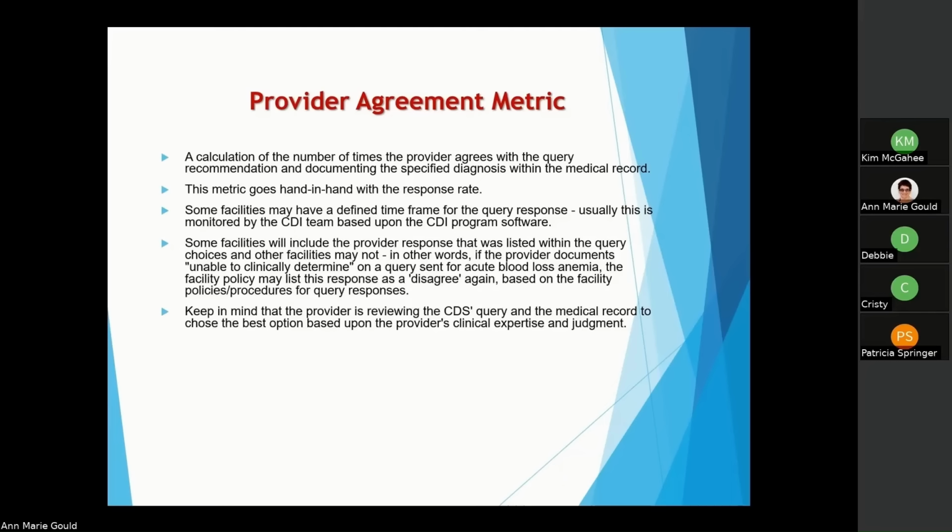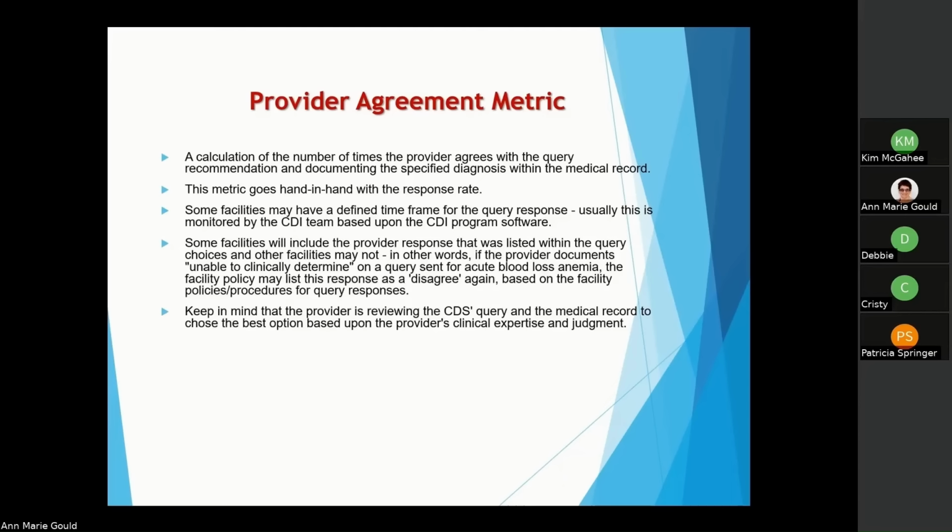So in other words, if the provider documents unable to clinically determine on a query sent for acute blood loss anemia, the facility policy may list this response as a disagree based on the policy and procedure for that query response. So if they disagree with a particular response, then it's going to be a disagree under the disagree metric. If they write something else, say they write under other, they give you another type of anemia, that may be considered an agree response. But again, it goes back to what the facility policy is for